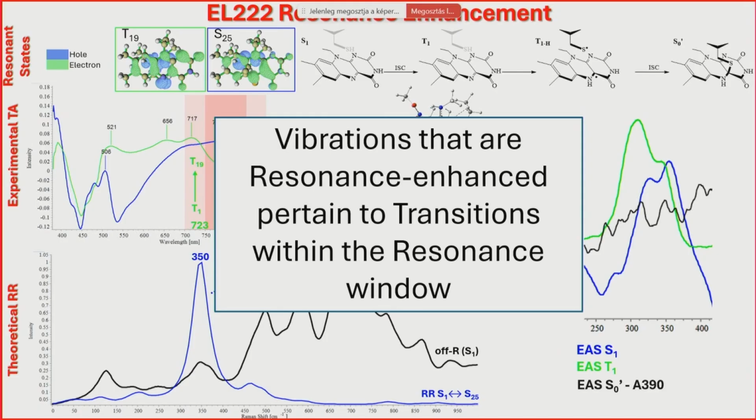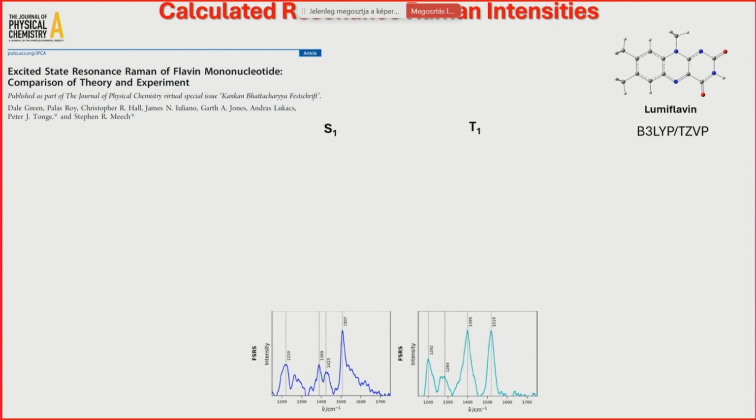Yes, so those that are enhanced computationally at least are the ones that pertain to the transition within the resonance window. So I'll move on to the next challenge, which is calculating resonance Raman intensities. Here was from a paper that Andras was also involved in. Authors tried to correlate